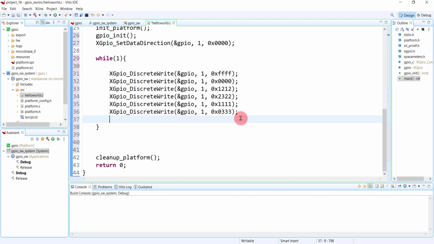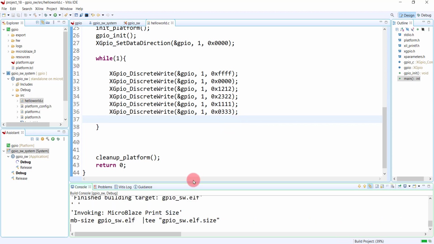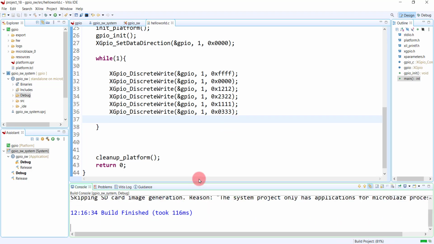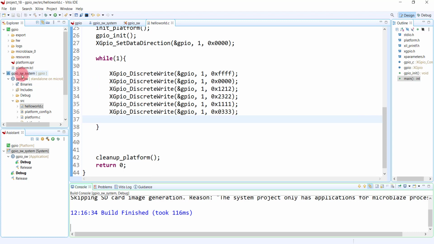So once our application is ready, let us just build the application project. This will automatically create an ELF file. So remember, the entire data that we are sending is in a while(1) loop, right? So this will be continuously sending the data. So what we're gonna do here is, you need to at least run your application once, okay, to start capturing a signal in an ILA, right? So we'll try to execute our application.